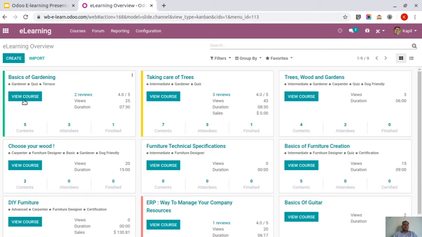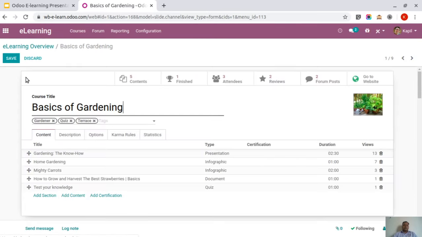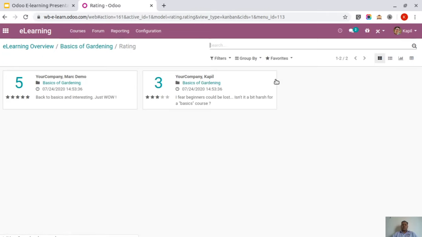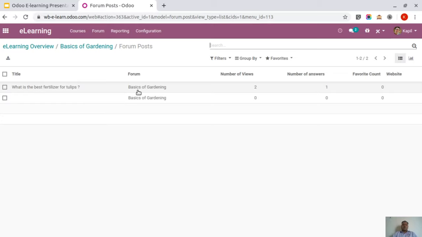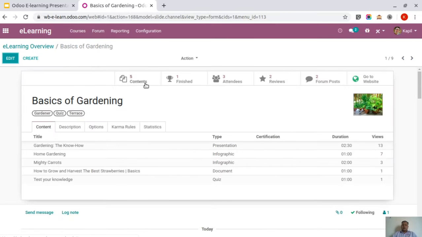For example, if I click on Basic of Gardening, here I can see other important metrics for this course. For example, I can see the 5 contents which are associated with this course. So far one has finished, and other important, I can also see the reviews which are being posted by my students or attendees. At the same time, I can also see any questions my students or attendees post in my